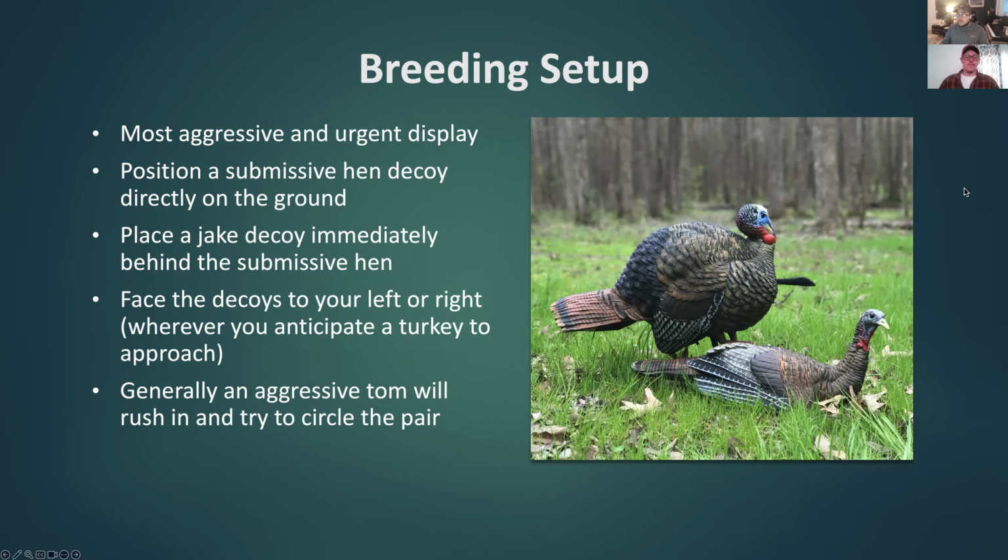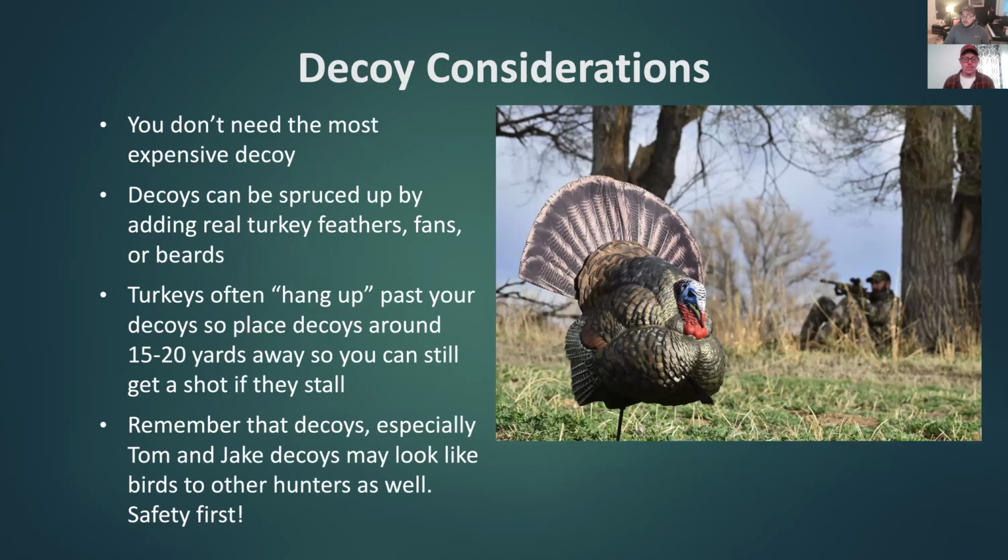But again, this is that ultimate urgent strategy I'll use, especially as you get later in the year, maybe you have a segment 4 or a segment 5 permit. A lot of those toms are going to have bred, and so they're going to be a little bit decoy shy. They've been called at. They've seen decoys. They've been hunted. They start to pick up on this, especially on public land. And so sometimes trying something like this that's a little different, that every other hunter may not have tried, can be that last little thing that gives you just an extra couple percent chance of bringing that bird in.